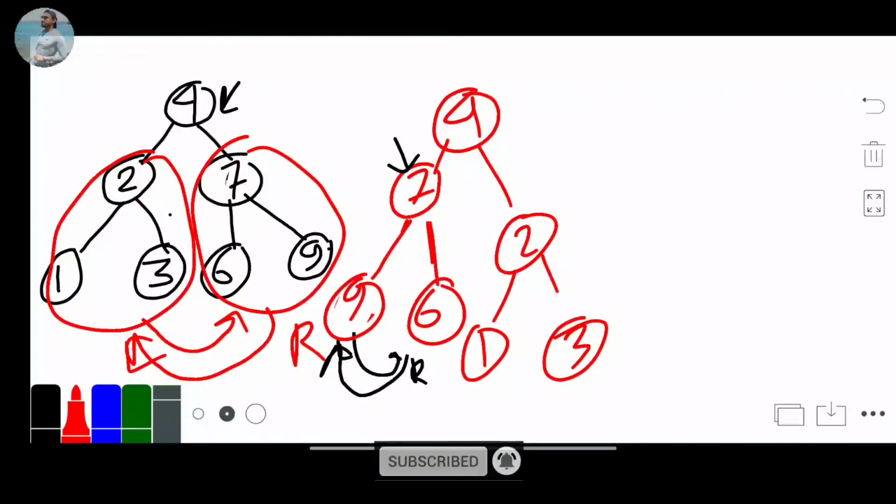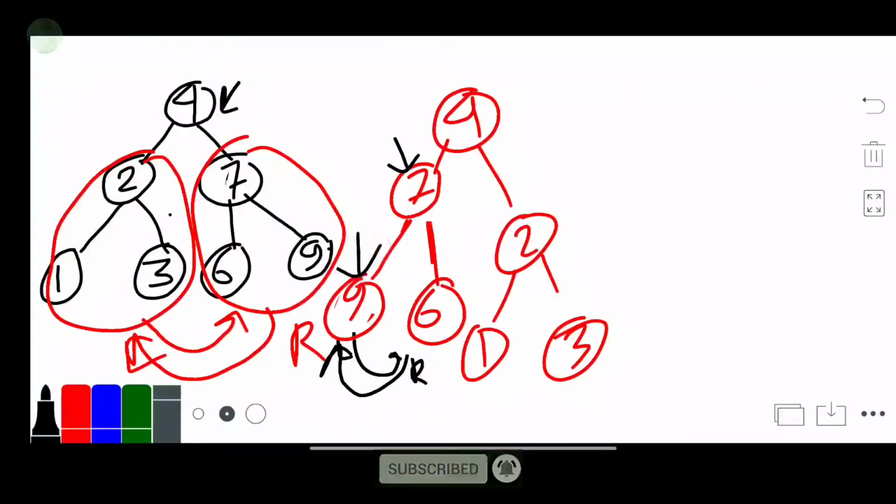Now our root is 9, and we check that root dot left is null and root dot right is null, so there is no element in root dot left and root dot right.